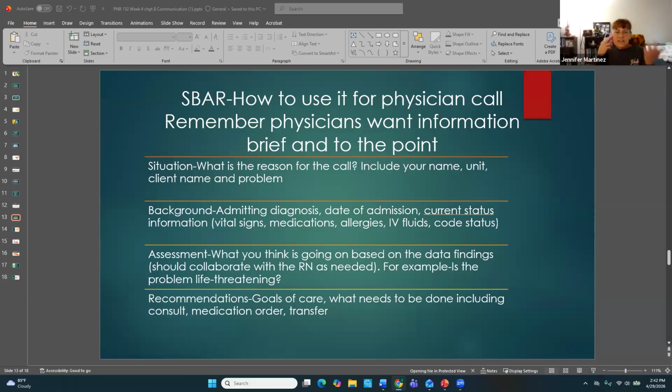I'm calling from such and such hospital, such and such unit, about Mr. Jones in room 301. Mr. Jones has started complaining about chest pain, 9 out of 10, about 10 minutes ago. All right, I don't know, something along those lines. So it's your name, your unit, the client's name, and why you're calling. The background information